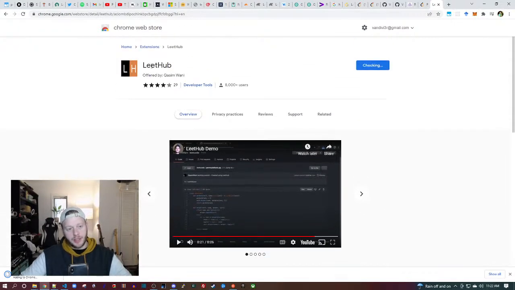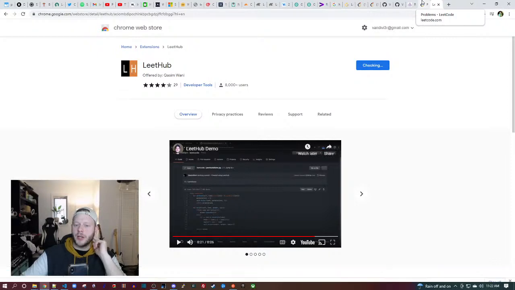So Leethub is a Chrome extension. You can see it right here. There might be a version on other browsers or other operating systems, I don't know, but this is the one that I'm investigating. It basically stores your LeetCode solutions over to GitHub in a normally organized way. Another thing this could be useful for, it's only got about 8,000 users at the moment, so that's reaching, but